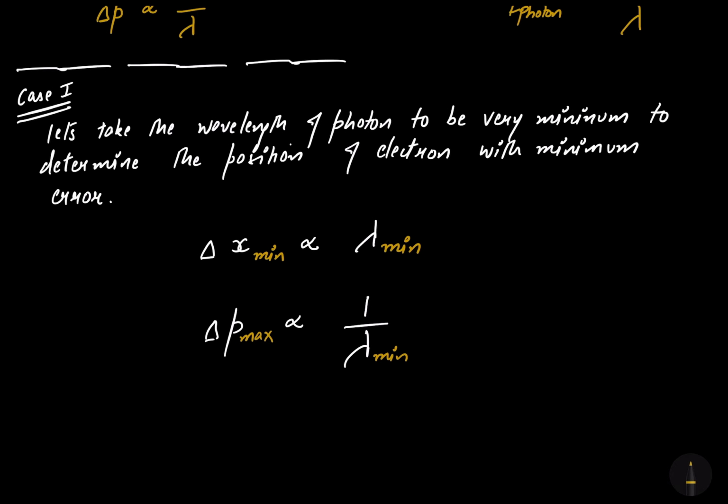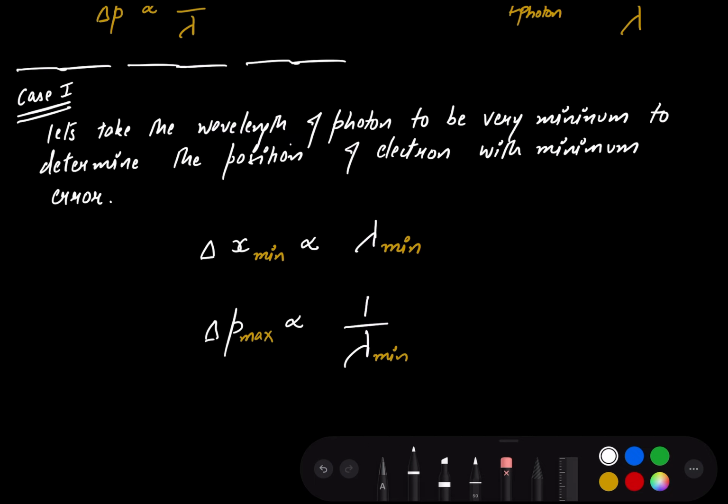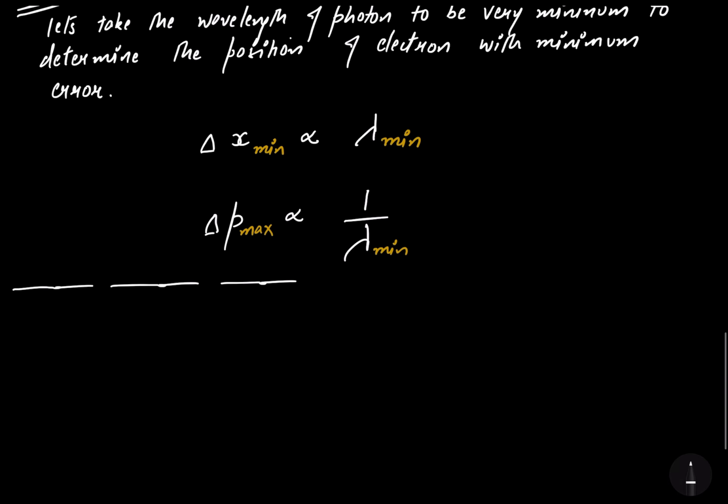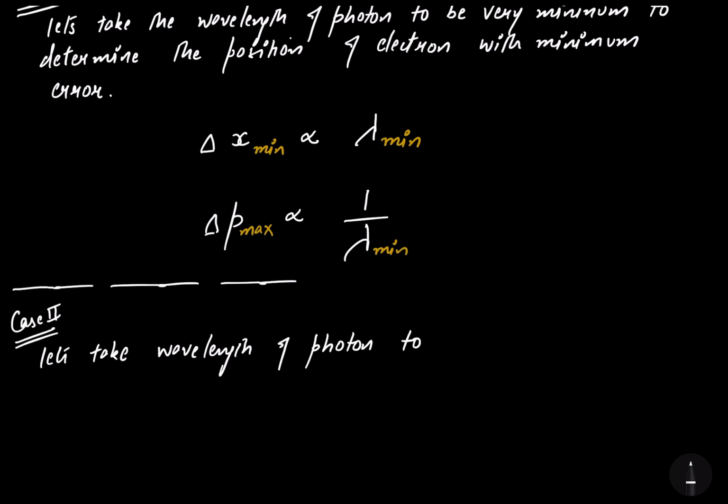Now let's talk about case number 2. Now let's take the wavelength of the photon to be maximum to determine momentum with the minimum error. Let's take the wavelength of the photon to be very maximum,